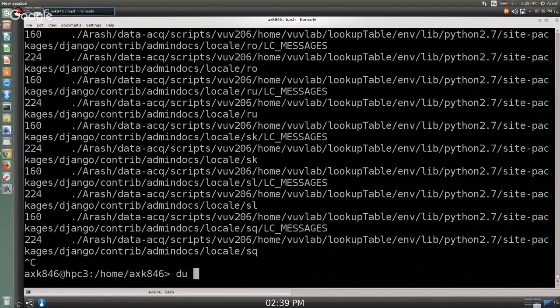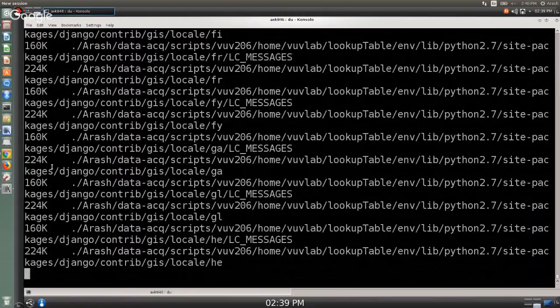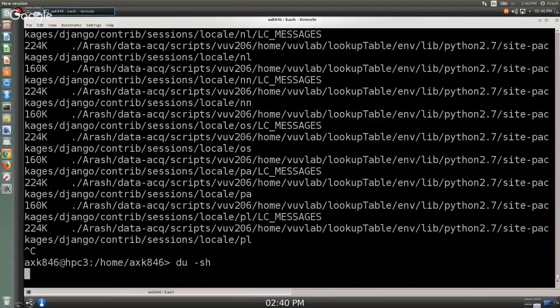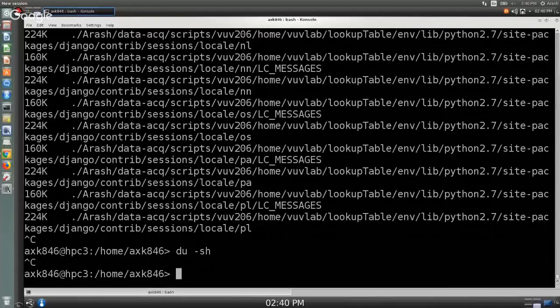So if I do du again with -h, it will give me those in human readable format. I can do -sh, which will give me just one value as a summary, because the full listing will take time. I think I'll need to cancel it, but -s will give me a summary of